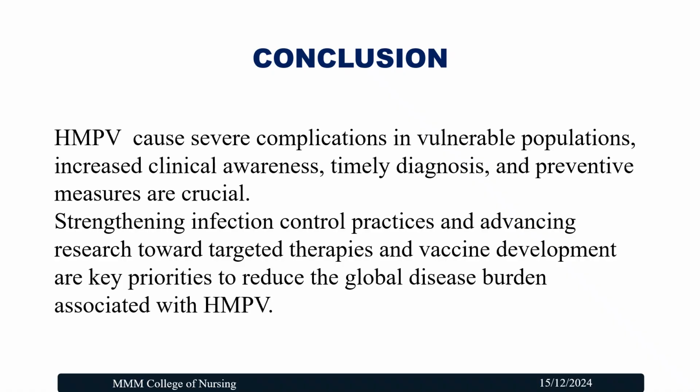Let me conclude this topic. HMPV can cause severe complications in vulnerable populations like children, especially undernourished children, and the old age population. Increased clinical awareness, timely diagnosis, and preventive measures are crucial. Strengthening infection control practices and advancing research toward targeted therapies and vaccine development are key priorities to reduce the global disease burden